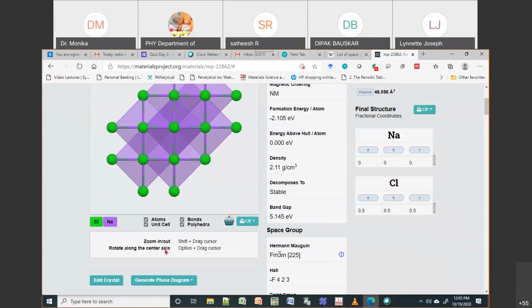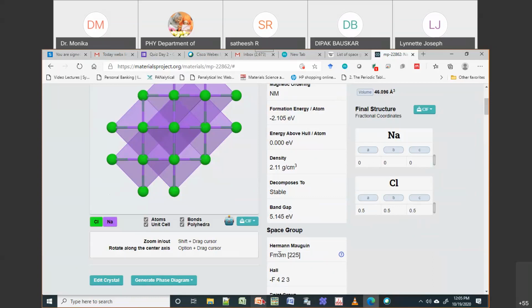But for example, if you take NaCl, it is a face-centered cubic. So if I draw a face-centered cubic, this is your unit cell of NaCl, and it is face centered.